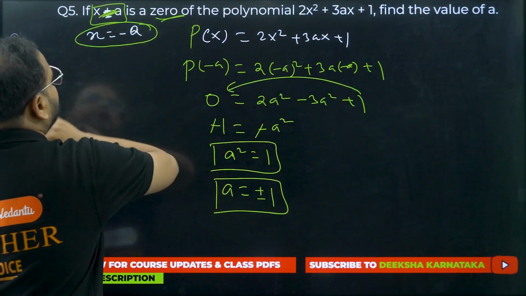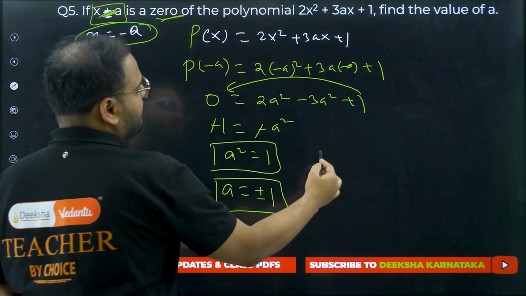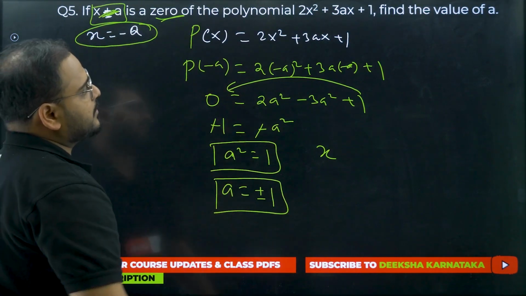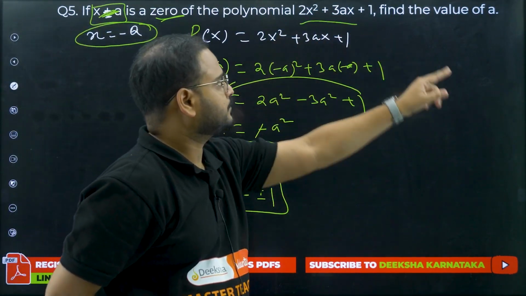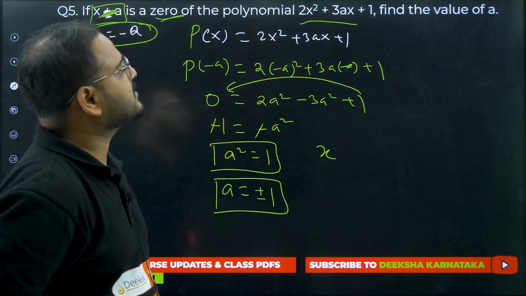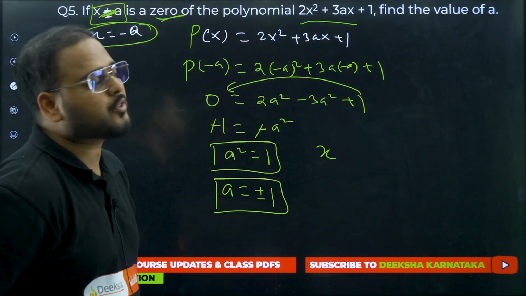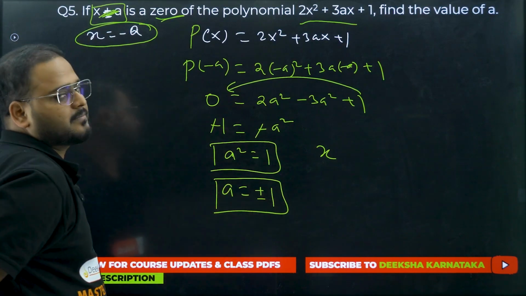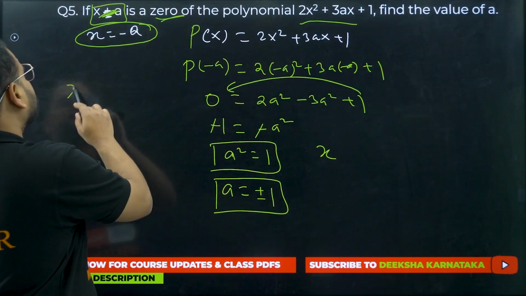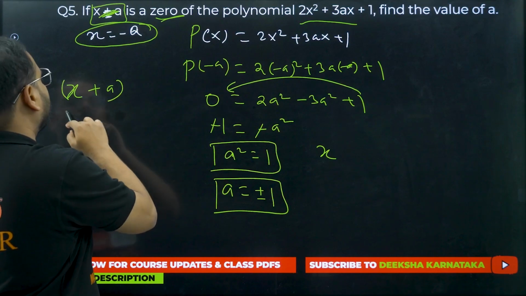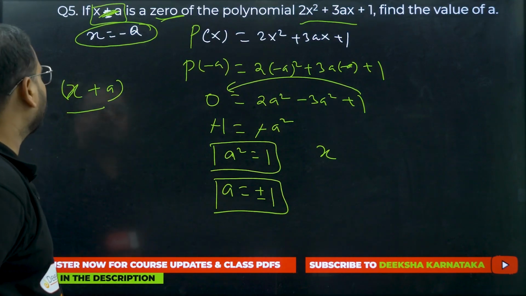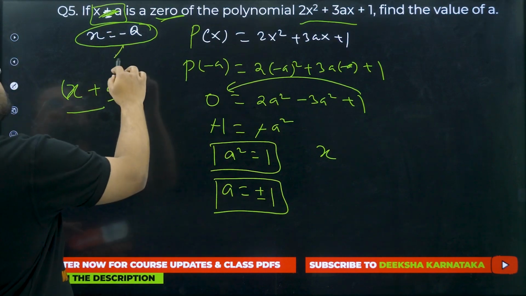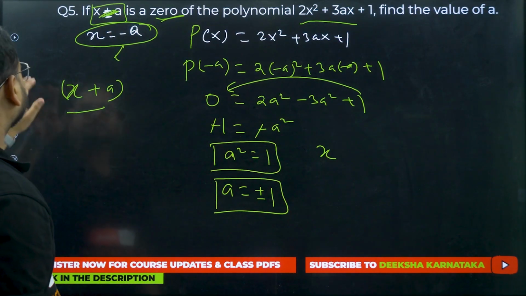Okay. So basically this has to be what? This is incorrect. x equals to minus a is there, no? So this a can be plus minus 1. Okay. a can be plus minus 1 in this condition. So I can write here 2x square plus 3x plus 1, or 2x square minus 3x plus 1. I'll have x plus a as a factor. Okay, we're going to deal with this kind of questions in the coming sessions. But right now, this is the condition. Okay, moving on.